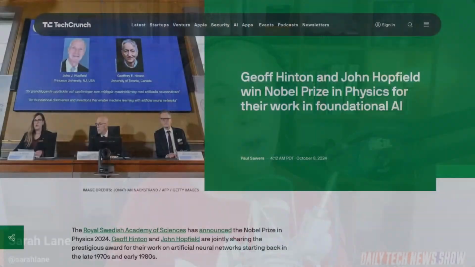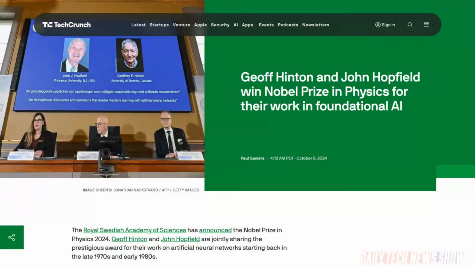All right, Rob, let's talk about getting awards. The Royal Swedish Academy of Sciences has awarded the 2024 Nobel Prize in Physics to researchers Geoff Hinton and John Hopfield for their pioneering work on artificial neural networks dating back to the late 1970s and early 1980s.